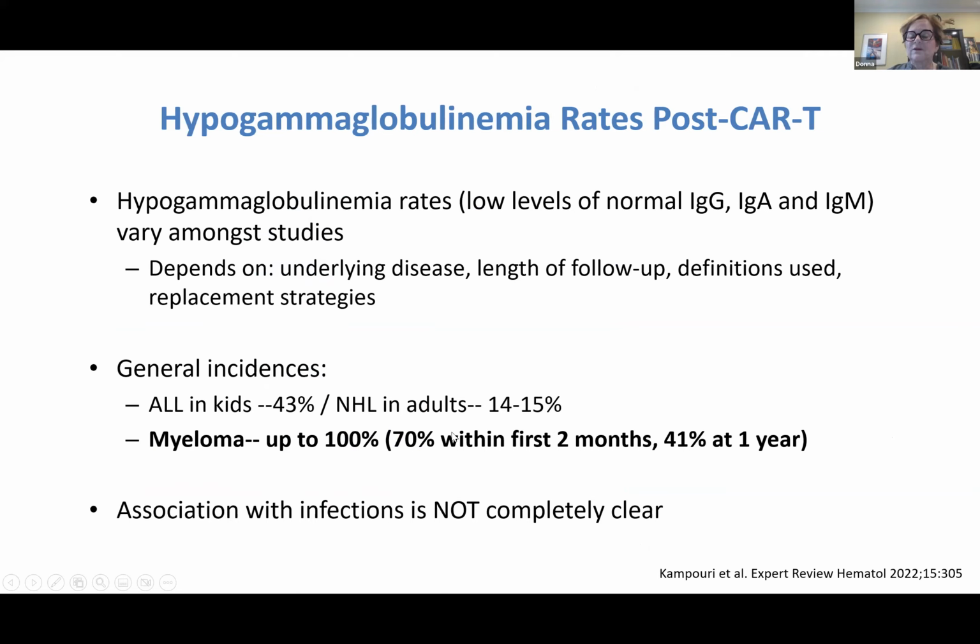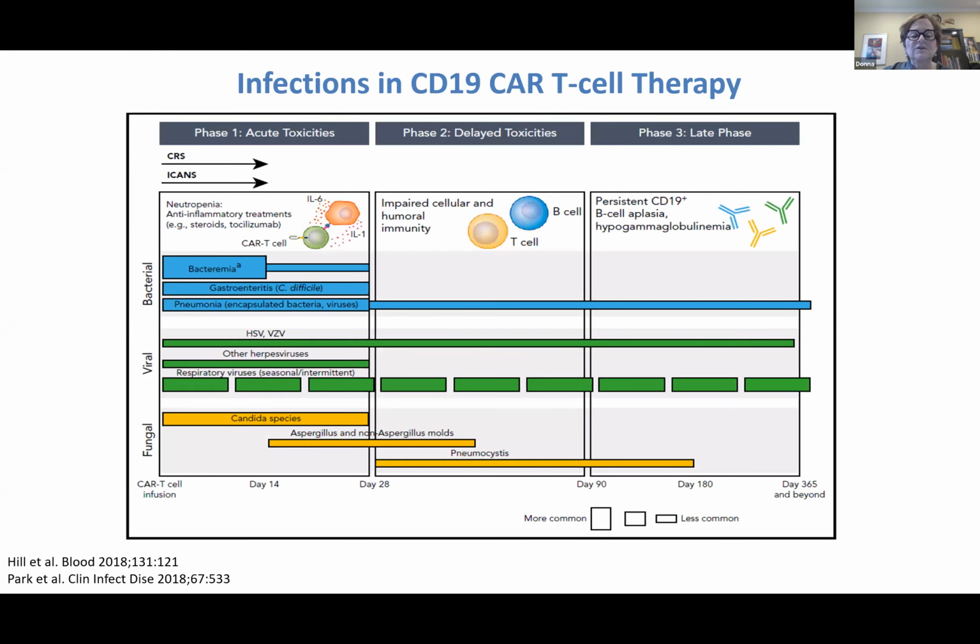Even 40% at 1 year will have low antibody levels. Now, what's been noted is not everyone with very low antibody levels has recurrent infections, but some people do, and we are mindful that people are at risk because antibodies are an important arm of our immune system to fight infection, just like neutrophils and just like other types of cells. So there is a pattern of